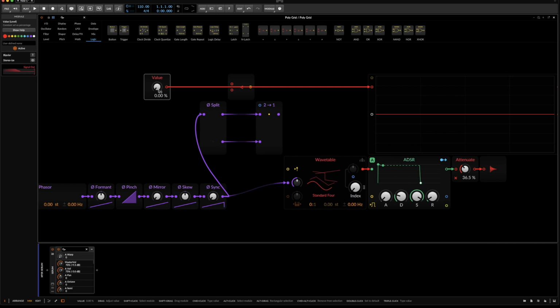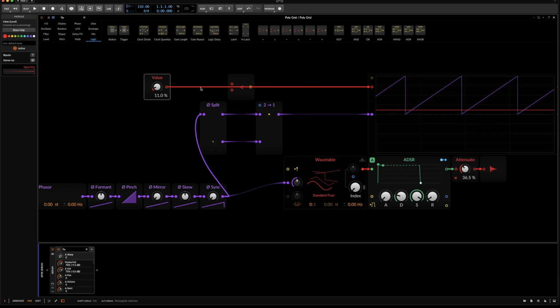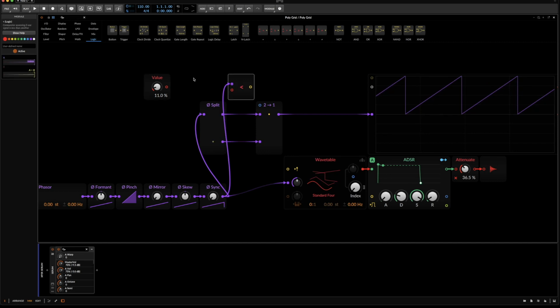And we want now the phase to flip exactly at the cross section when the value here crosses with the amplitude of the phase signal. And we do that by feeding in the phase signal here, and the comparative signal, the signal we compare to, is